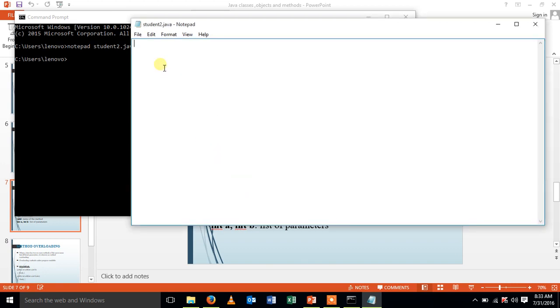Let me create a class student. It should contain the main method, public static void main(String args).